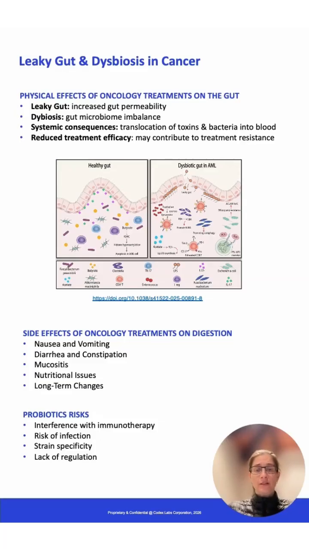Typical side effects to also note, that many of you are probably unfortunately familiar with, include nausea and vomiting. This affects up to 80% of patients due to damage to the gut lining and the digestive tract. Or diarrhea and constipation, because of the disruption of normal cell growth and the gut flora, which often results in or alternates between these two conditions. Mucositis, which is the painful inflammation of or ulcers in the mouth, throat, and intestines, as